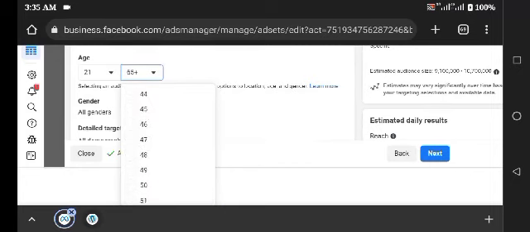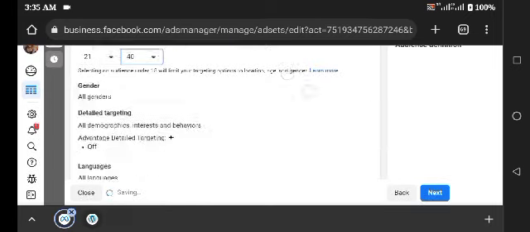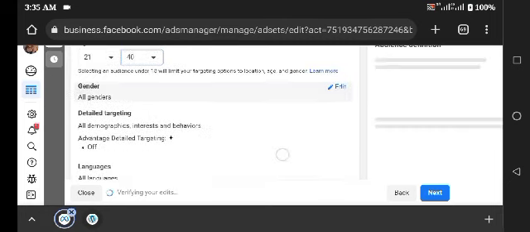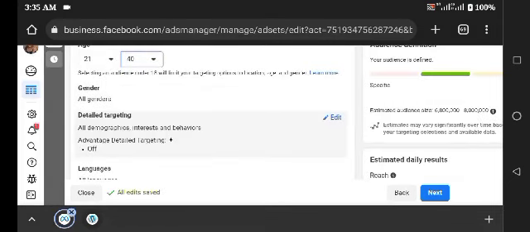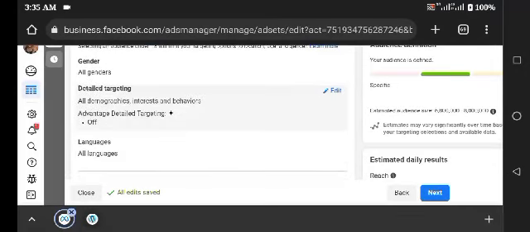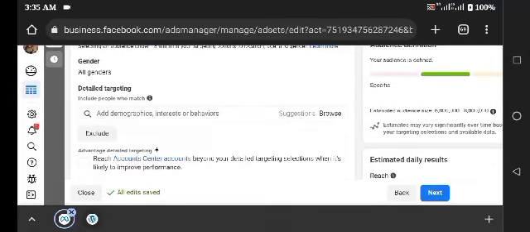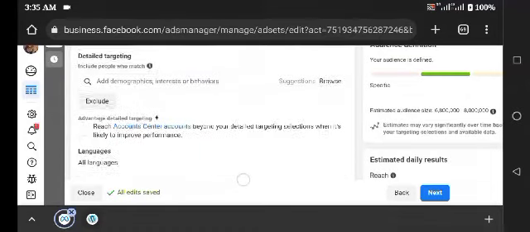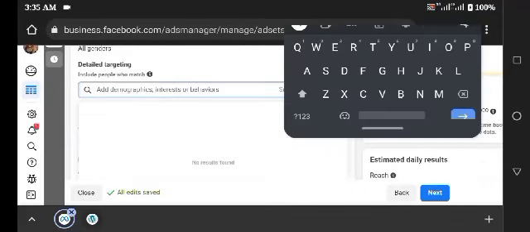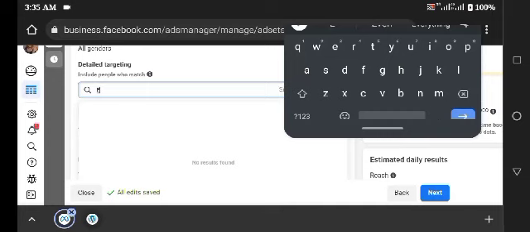Now, 21 to 40. Yeah, even above can buy my food, but let me leave it at that. All genders, of course, all genders who want food. Demographics now, this is the interesting part. As usual, because it's food, I'm going to be adding engaged shoppers. Engaged shoppers behavior. I mentioned the last time that these engaged shoppers are people that have actually bought